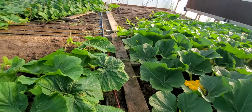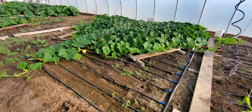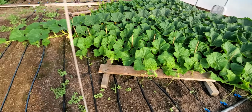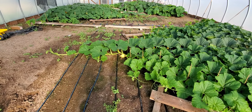Has nice small compact leaves, and all in all, I like it. I like it a lot. There's the pumpkin on that one. I haven't messed with it yet. I think that one's probably like